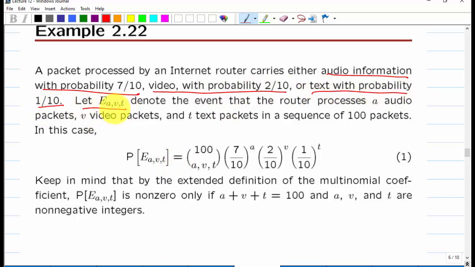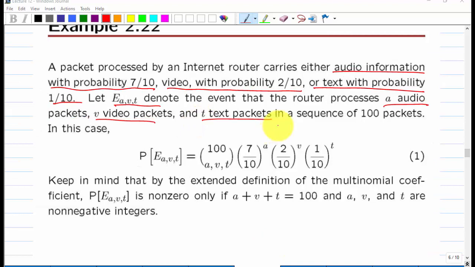Let event E_AVT denote the event that the router possesses A audio packets, V video packets, and T text packets in a sequence of 100 packets. So in a sequence of 100 packets, the probability of E_AVT is 100 choose A audio packets, V video packets, and T text packets, with the probability of audio packets being 7 by 10 raised to the power of the number of audio packets,